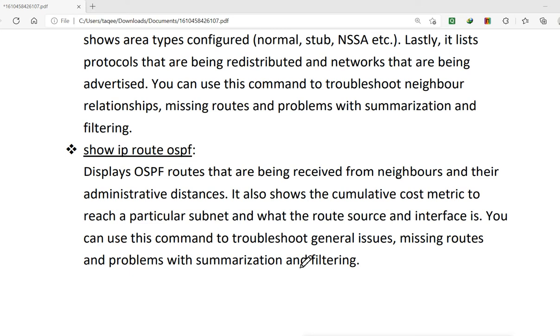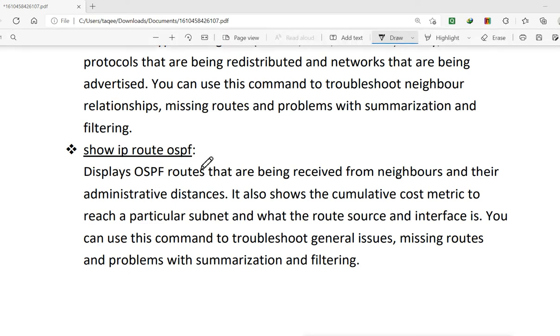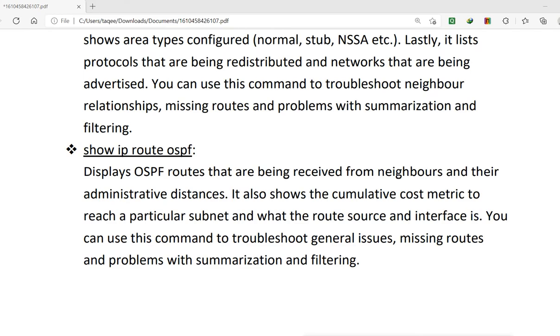Now when we run the show IP route command, it actually shows all the routes. Like if you have a static route configured, if you have configured RIP, then it will show every route in this show IP route command. And when you run show IP route OSPF, then it will show you only OSPF related routes.